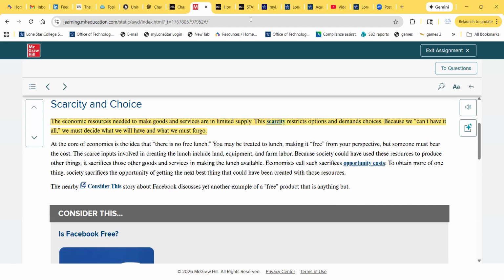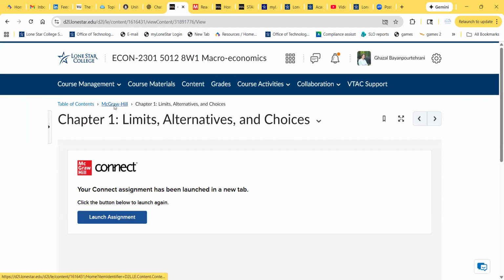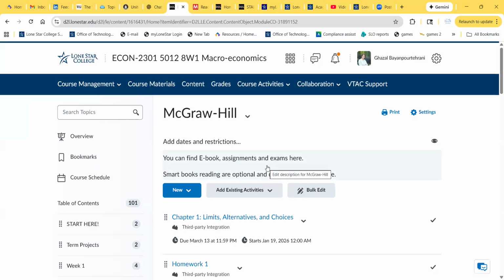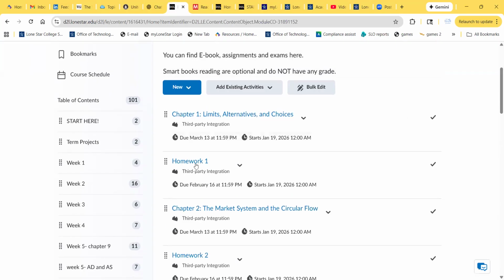I explain it here, and I told you it doesn't have any grade, and it even says right here, but I still get emails, especially towards the end of the semester, asking, are they graded? So the answer is no. Please, please pay attention. They do not have any grade, okay? Don't panic at the end when you don't see them in the grade book. I should go and hide all the smart books from the grade book because they are not graded. The only things that are graded in terms of assignments are homework 1, homework 2 through homework 8.